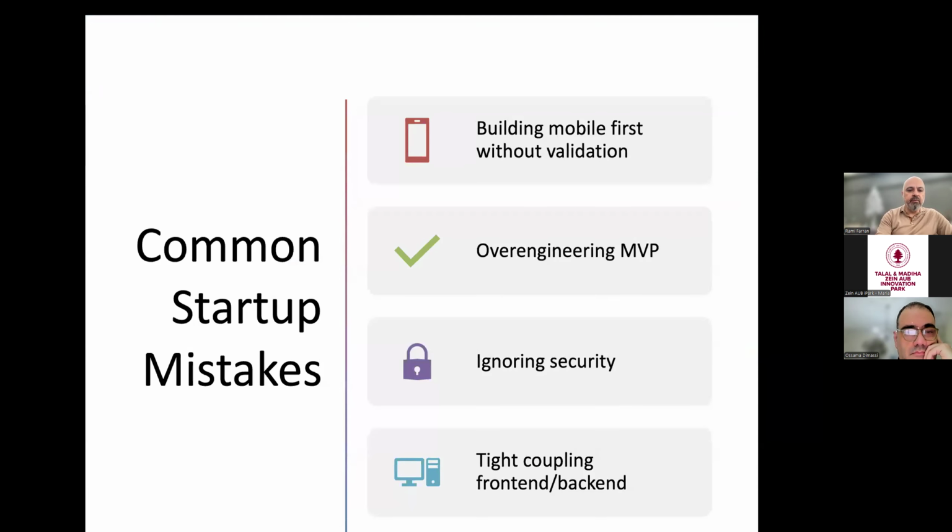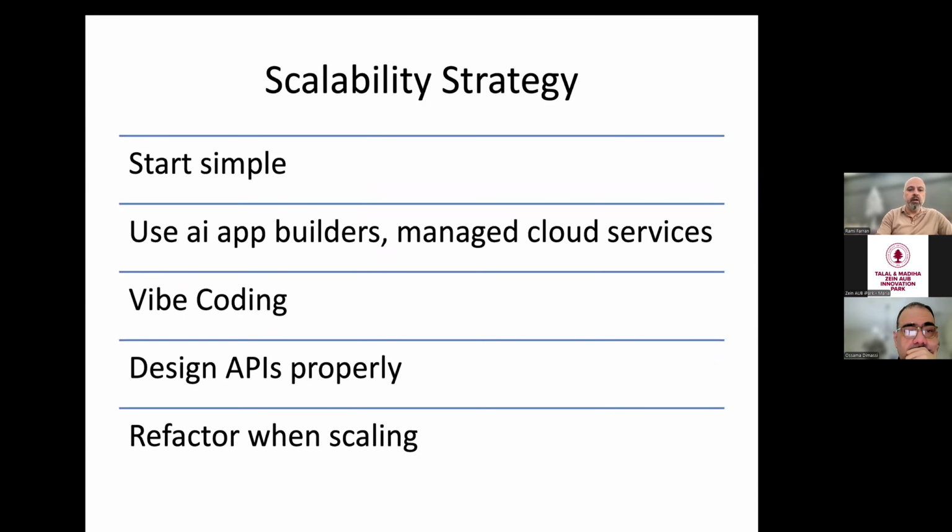However, you really don't want to do all this from day one. So basically, you don't want to build a mobile first application without first validating your idea. And to validate your idea, you need to have an application. You don't want to over-engineer your MVP. So you really want to start with something that's extremely quick to market, very quick to develop, very quick to test, very cheap to fail, and then you scale as you go.